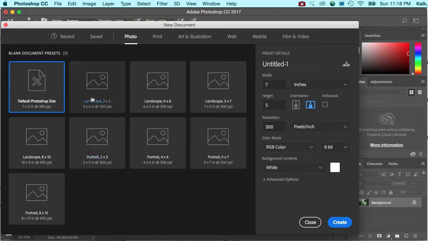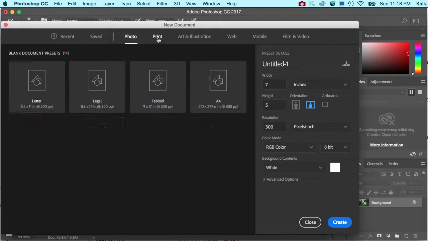It's annoying because you can't really see a true representation here, but portrait just means vertical, it's taller than it is wide. Landscape means it's wider than it is tall. So landscape or horizontal, interchangeable; portrait and vertical, interchangeable. So anyway, you can either choose a preset, one of these over here,